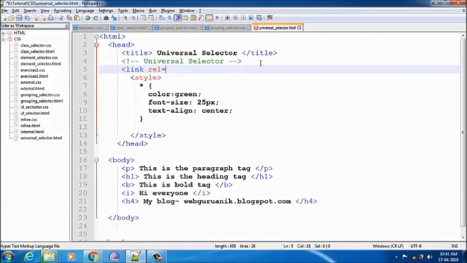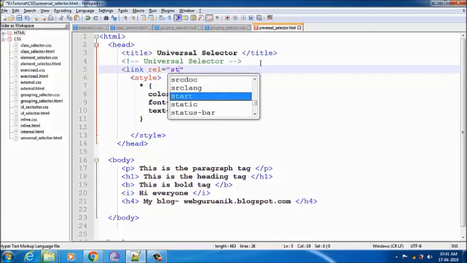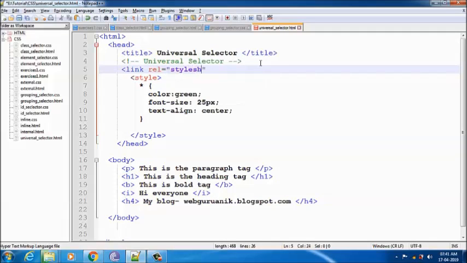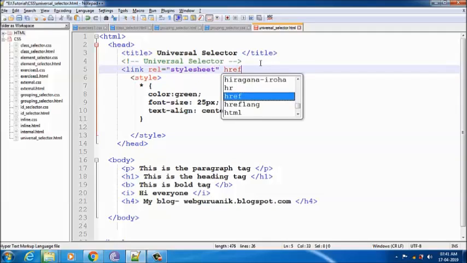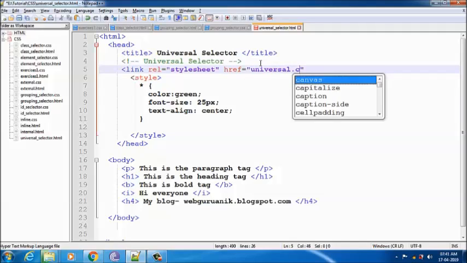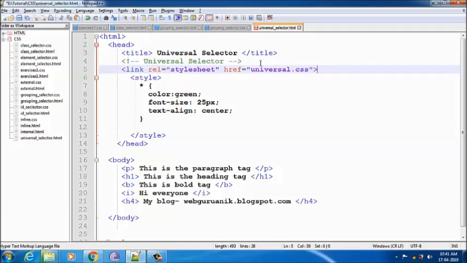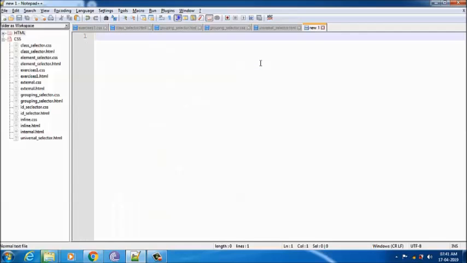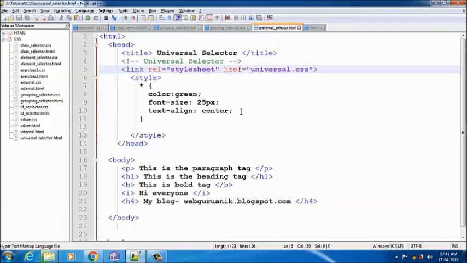Link rel, okay. अब यहाँ पे मैं स्टाइल शीट यूज कर रहा हूँ। Okay, now href is equal to universal.css, fine. And then I have to create a CSS file. So what I can give the color, so let me take from here anyone, suppose I want this text